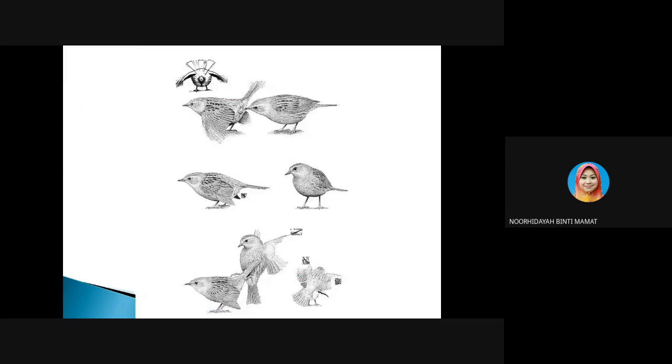Okay, so this is the first male, and this is the second male. After the first male has mated with this female, before the second male mates with her, it will do the cloacal pecking. It will put the first male's sperm out. So this is already out, and then they mate with the female. The cycle goes again: before the first male mates with the female, it will eject the sperm from the second male.